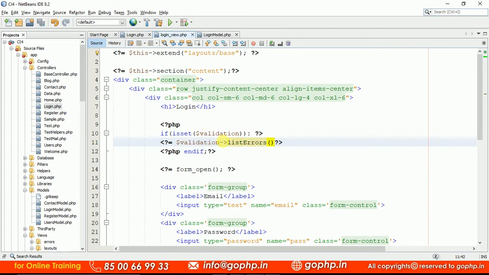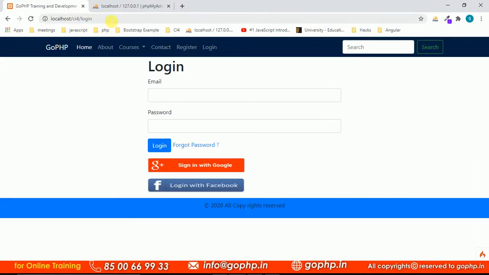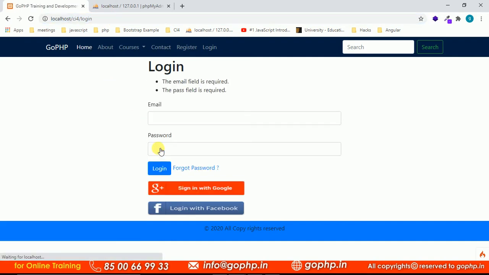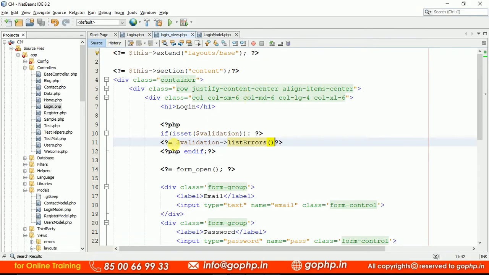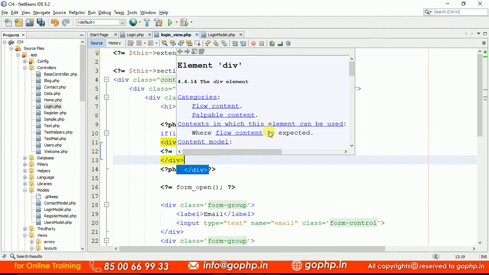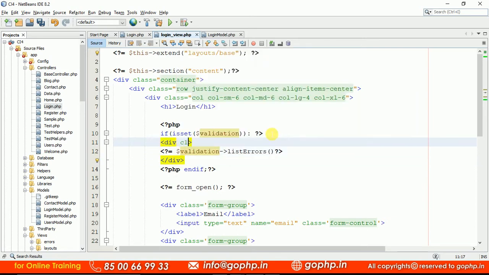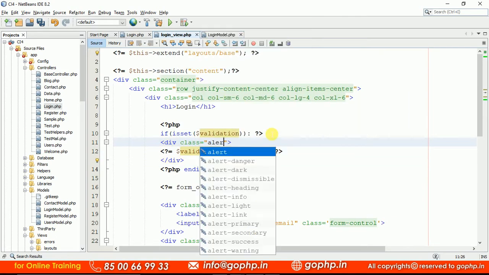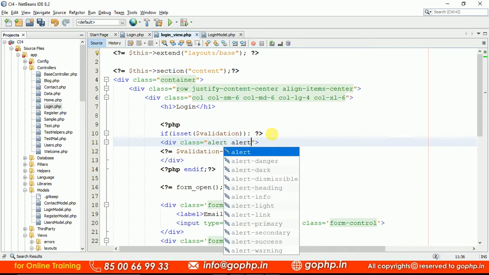Now can you refresh it now? And I'm not entering any data. So now if we submit the form, it is going to be validated with the error messages. Can you see? These are the error messages we are getting. If you want to display them in a red div, I'm using Bootstrap 4. In Bootstrap 4 we have some classes to design the error messages. Class equal to, we have something called alert danger, a class I am applying.